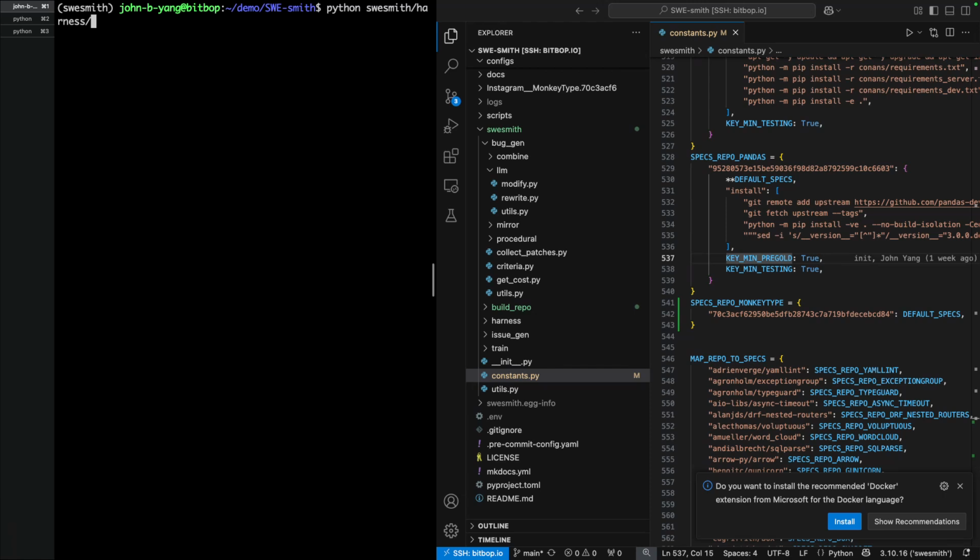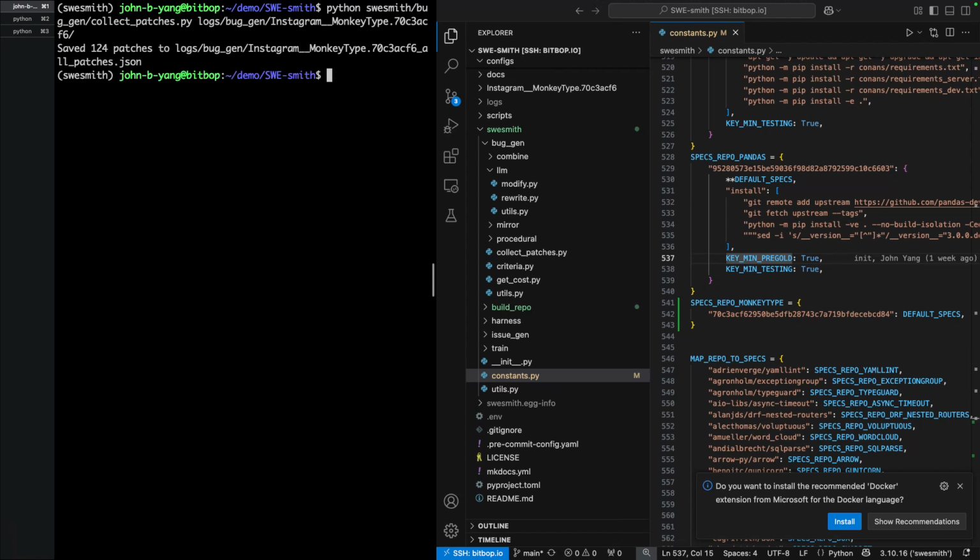So what we're going to do first is run this collect patches script, oh, sorry, wrong folder, and then we're going to point it at this folder. All this is going to do is collect all of the .diffs that we created. As you can see, we already have 124 bug candidates that we're going to run validation for. And now, to run validation,